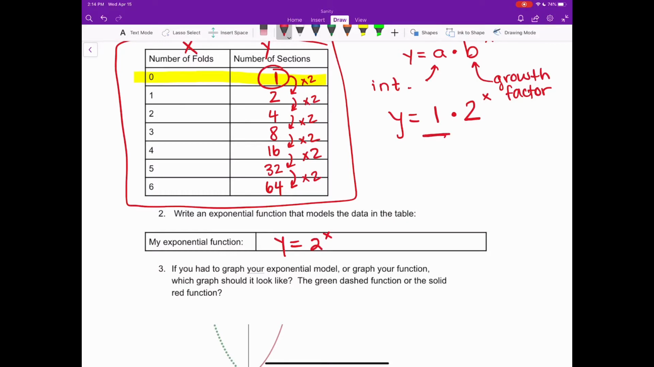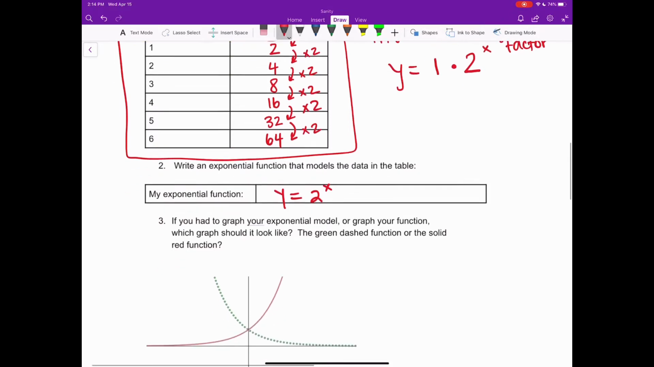You can multiply it by this 1, but it's just multiplied by 1. It doesn't really matter. So there we had a table of values. We were able to find an exponential function that fits those points, y equals 2 to the power of x. My next question